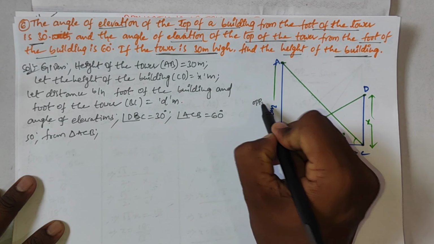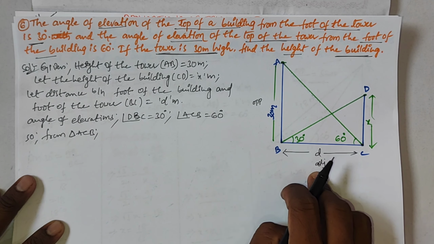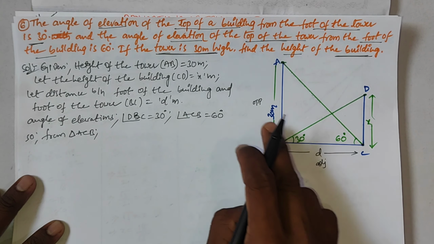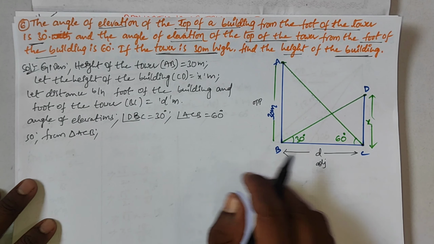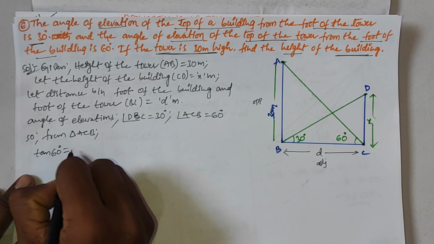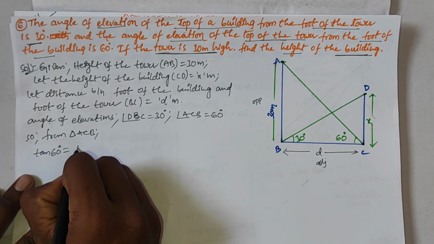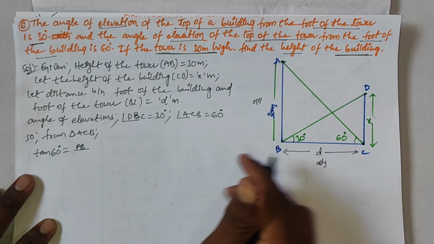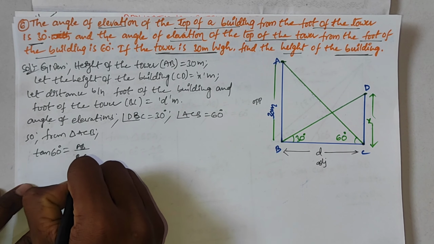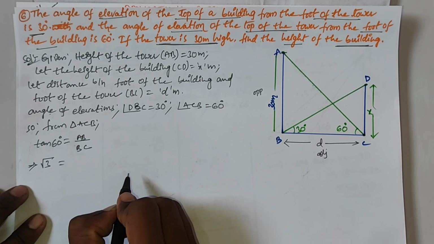With respect to 60 degrees, this side is the opposite and this is the adjacent. Which trigonometric ratio do we have to consider? Tan, right? Opposite by adjacent is tan theta. So tan 60 is equal to the opposite, AB, by the adjacent, BC. We know the tan 60 value is root 3, so root 3 is equal to AB